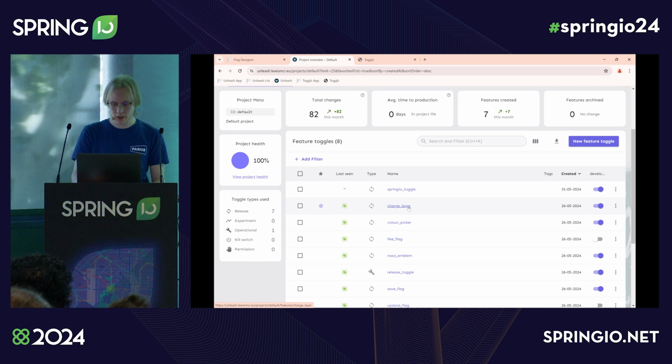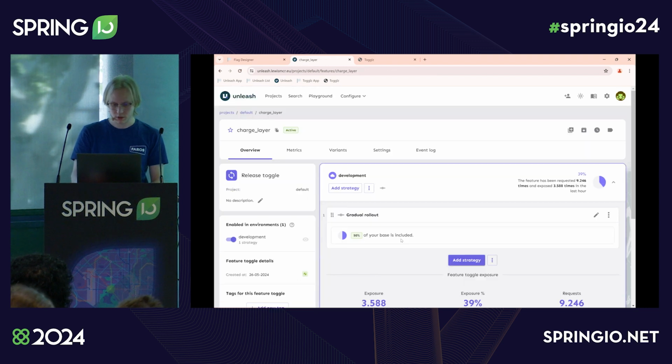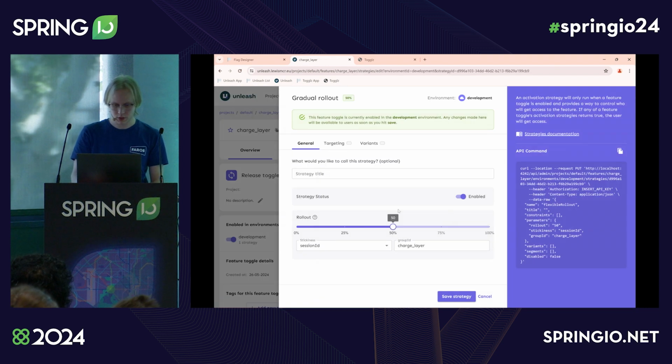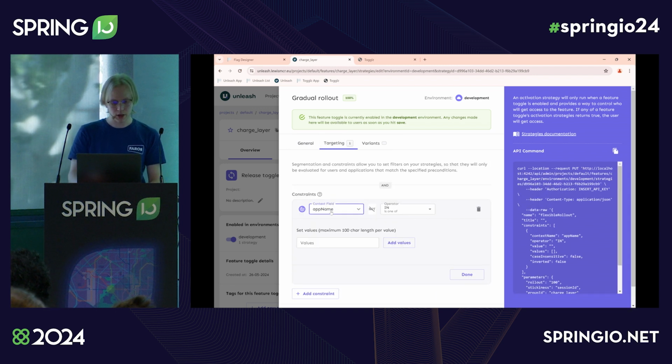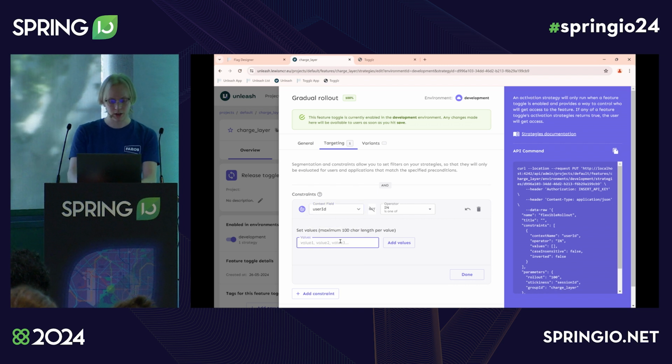Something else that you might have seen is, well, actually, if I modify this, I can make it so I just put this in 100. I can make it, for example, that only one user, and you have the drop down for users on the app as well, one user is allowed to